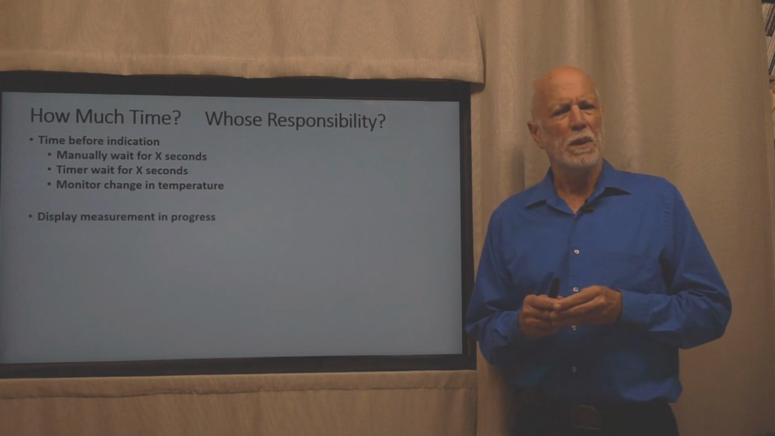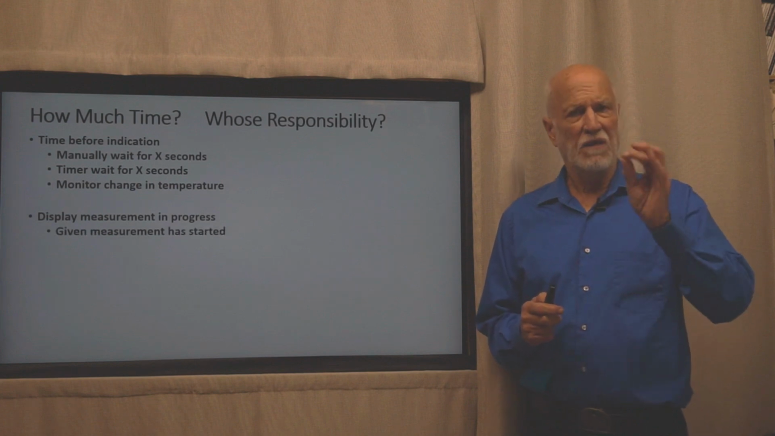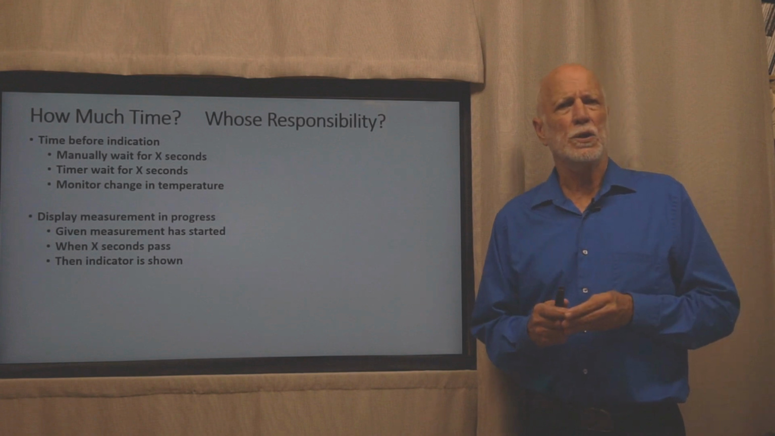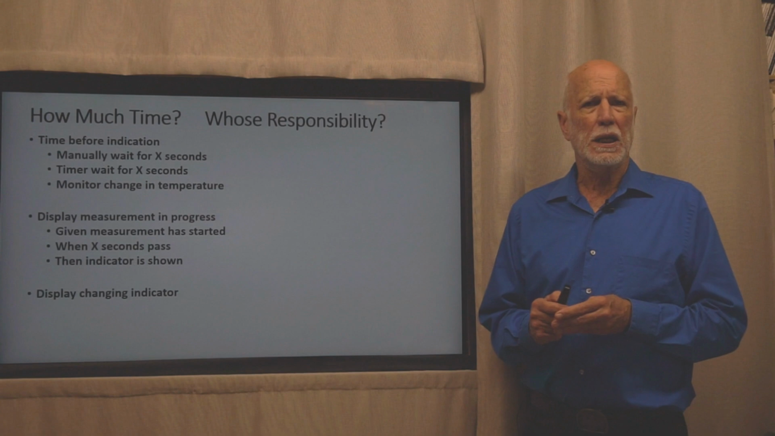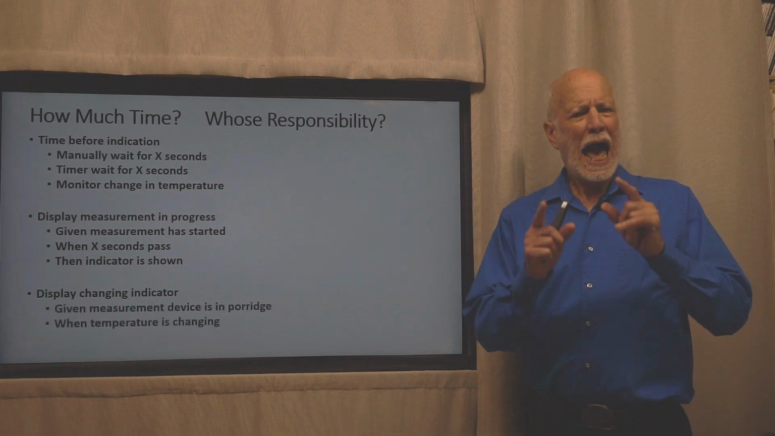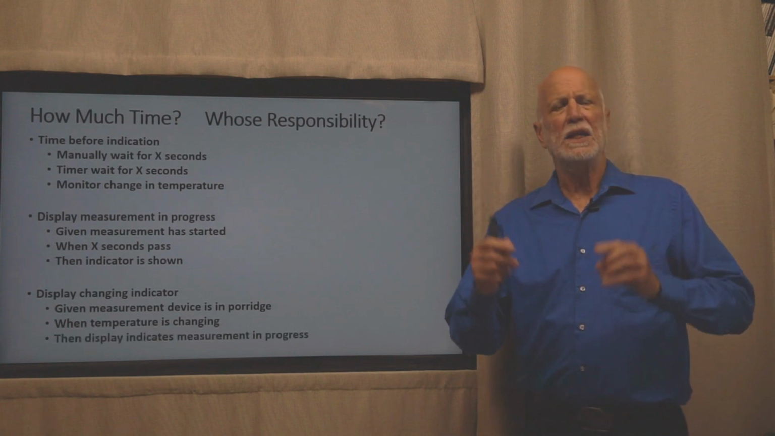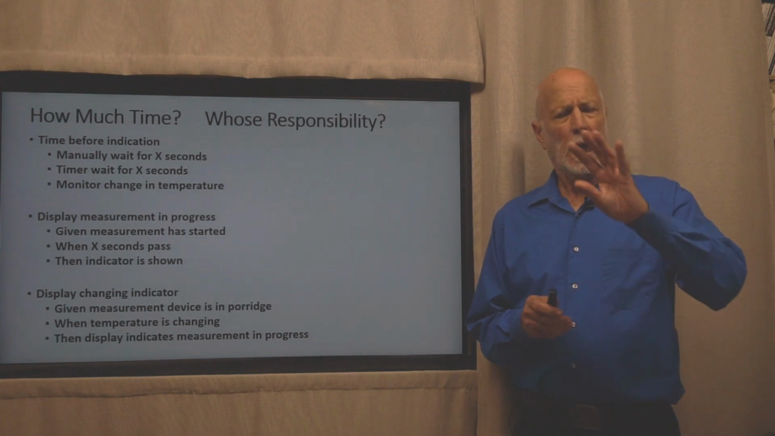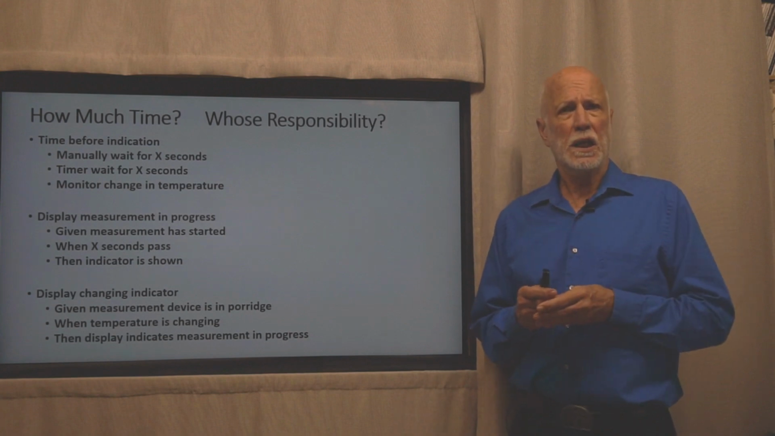Let's just look at a couple of scenarios for this. Display the measurement in progress. Given the measurement is started, when X seconds pass, then the indicator is shown. Or perhaps we display the changing indicator. Given our measurement device is in the porridge, as the temperature is still changing, we're going to display something that indicates the measurement is in progress. Maybe a gray display. And I'll leave it up to you to come up with more detailed scenarios and tests